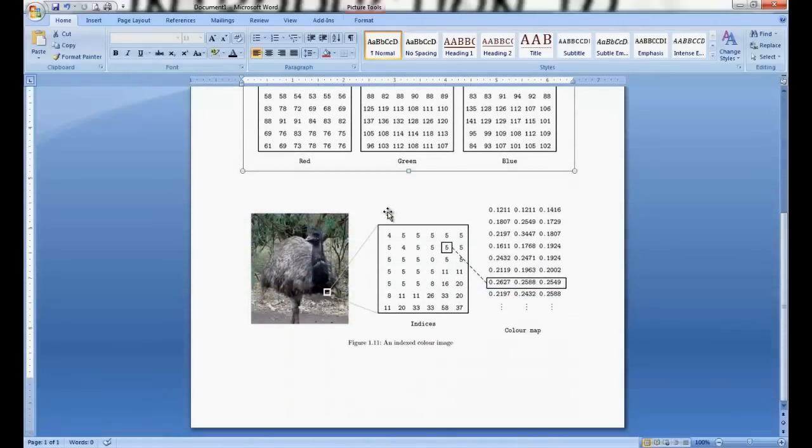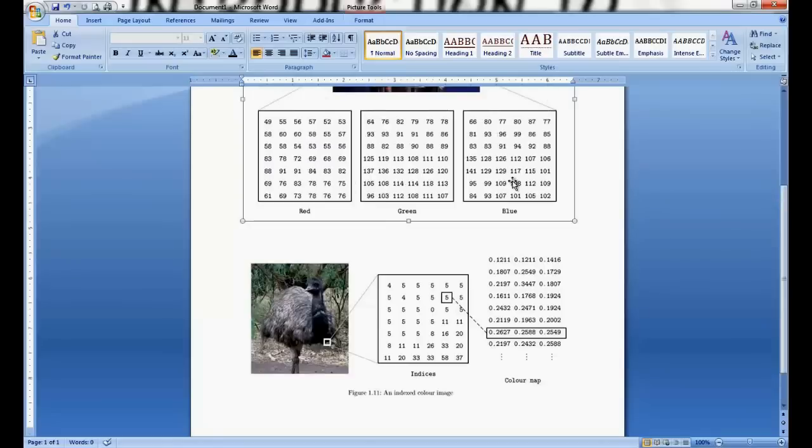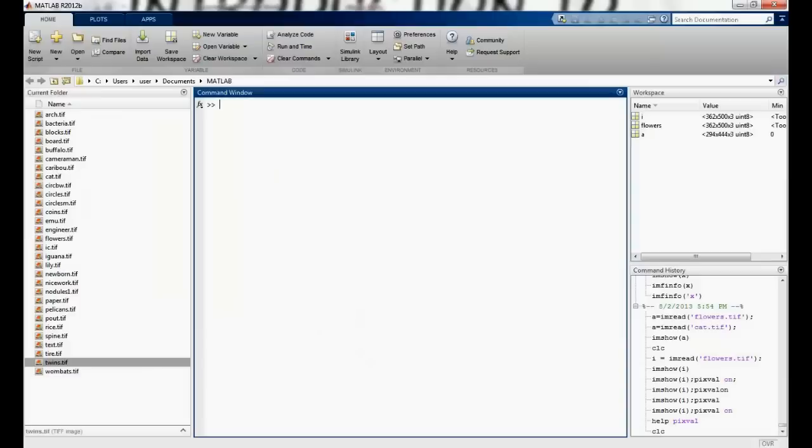The other kind of image that we have is the indexed image. An indexed image typically has an index file and the color map. The indices are basically numbers, and suppose I say number 5, that index is mapped to an RGB value in the color map. So an index 5 would have so much value for the R, so much for the green and so much for the blue. Typically the storage is less, because here we are storing 3 arrays, one for each RGB plane, and here we are just storing the indices and a color map. So we'll just read these in MATLAB first.